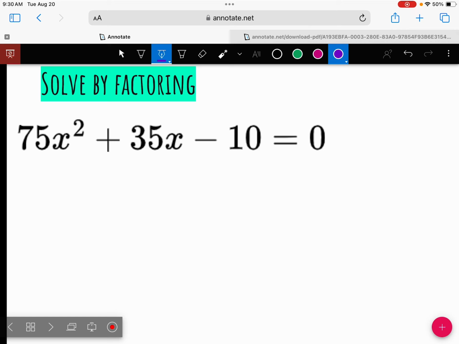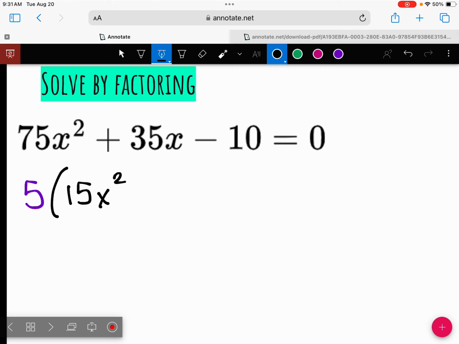What's our first step when we factor? Check if there's a GCF. Is there a GCF here? Yes. And I already heard someone shout out we got a 5 as a GCF here. So I'm going to take a 5 out as our GCF. It's going to leave us with